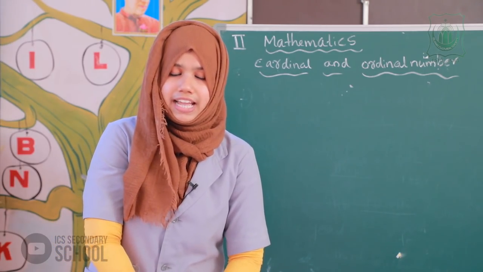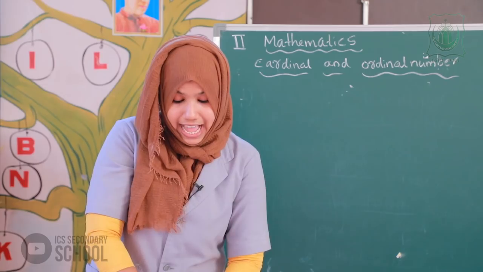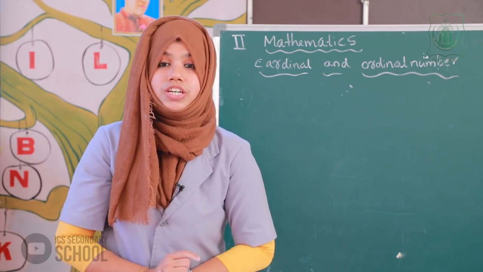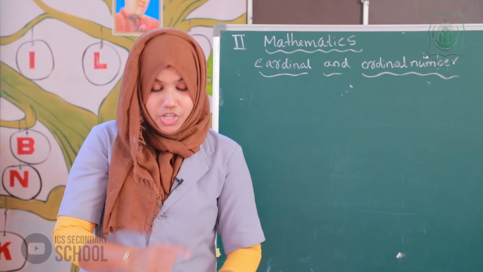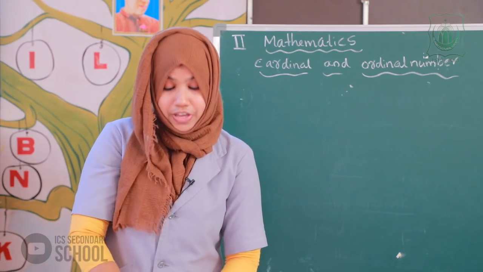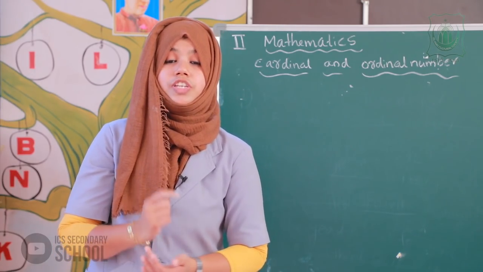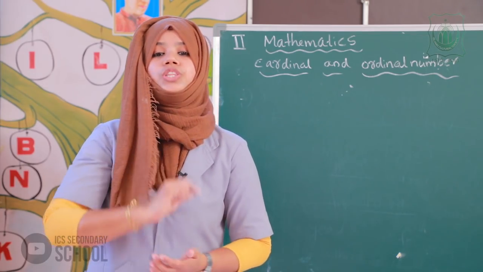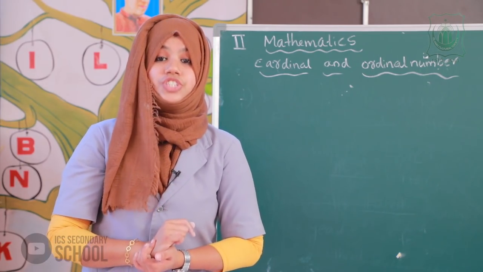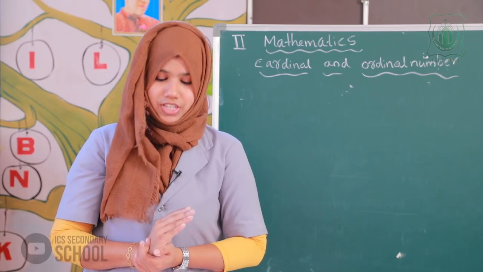What is the third line? The dash child is wearing a white t-shirt. In this picture, which child is wearing a white t-shirt? In which position? Yes, the fourth one. The fourth child is wearing a white t-shirt.